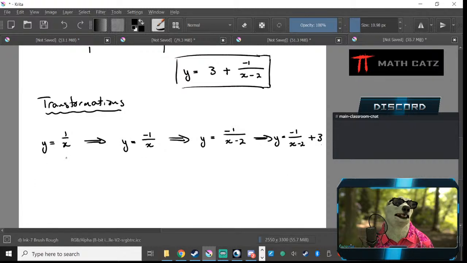So what are the graph transformations? Let's just talk through them. I have a reflection. It's vertical, right? Vertical reflection. Let's write that down here. Then I have a replacement of x with x minus 2. So that is a horizontal shift by 2 units to the right because it's x minus 2. And lastly, I'm adding 3 to the right-hand side, making it a vertical